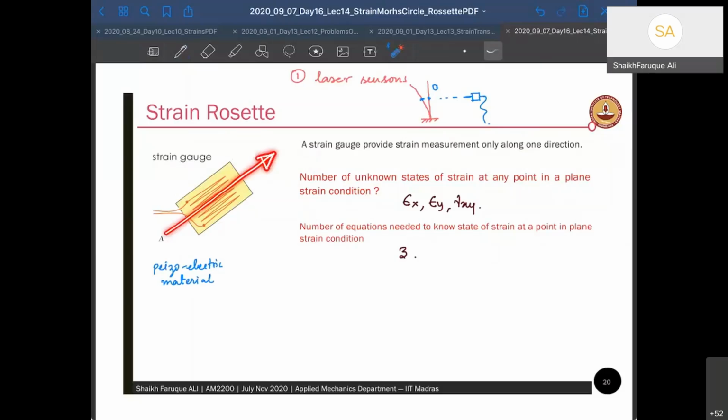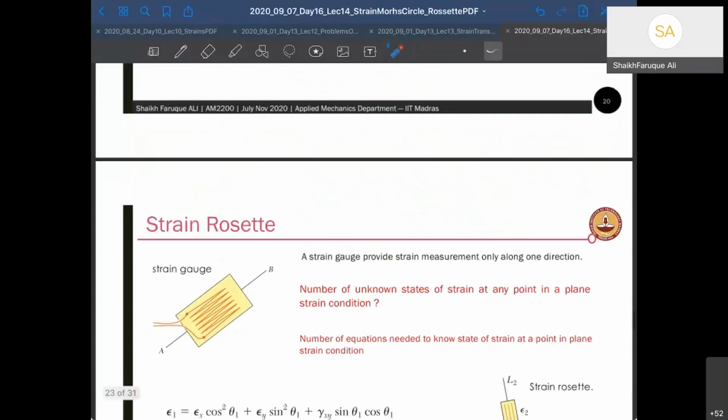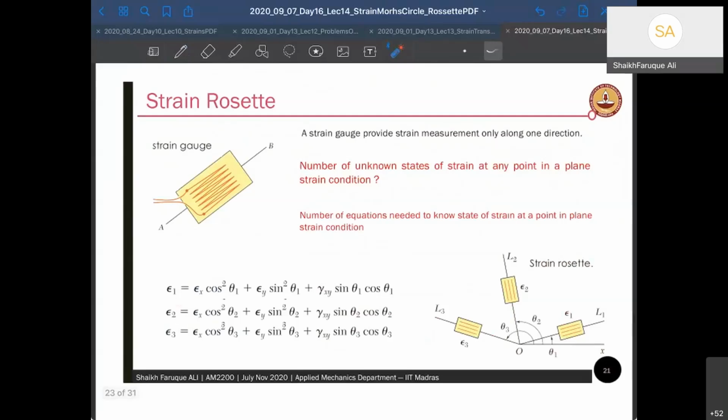Okay. How many unknowns do we have at a point in a material? In a 2D material, we have epsilon x, epsilon y, and gamma xy. So there are 3 unknowns. So I need 3 equations to solve, right? I cannot solve it with 2 equations. I need 3 equations representing all these 3 unknowns at a point. So what I need is 3 strain gauges, and each strain gauge will give me 1 data. So I need 3 strain gauges to solve a problem,